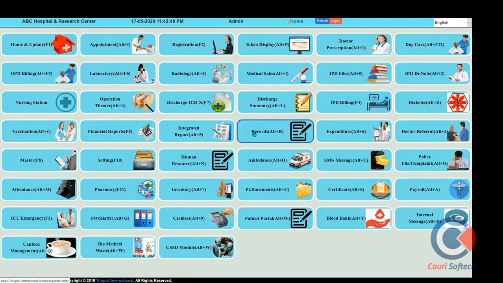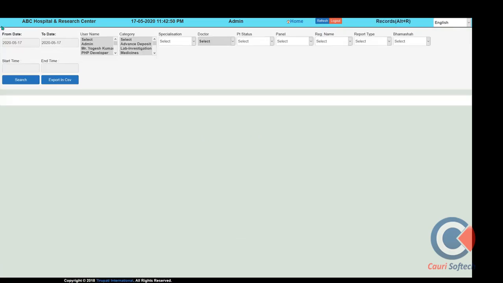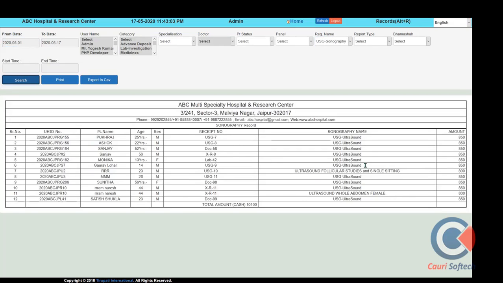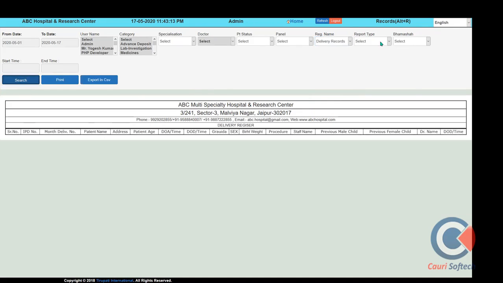The whole record we can maintain from the software. After that, no financial transaction data can be accessed from this report section, like total ambulance entry, blood record entry, property entry, hospital registration, ultrasonography register, and so on. Let me show one example for you. This record can be given to the various government departments that request information.